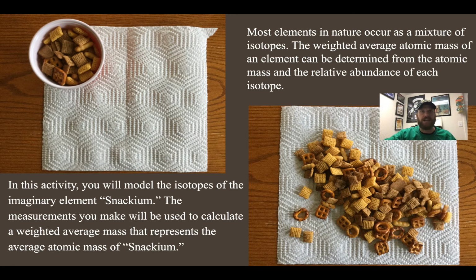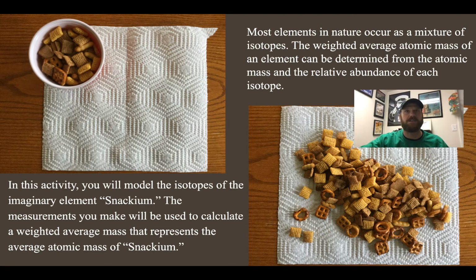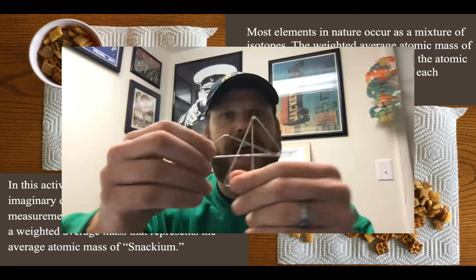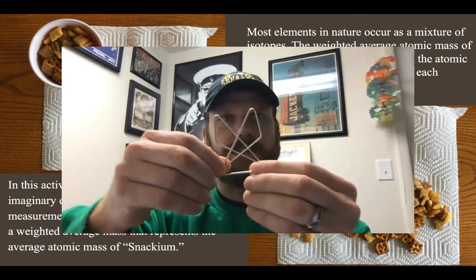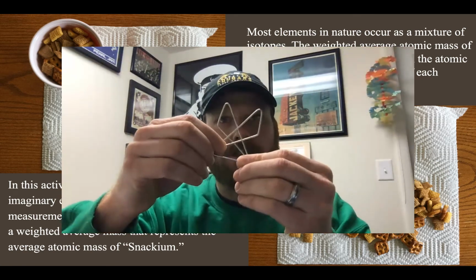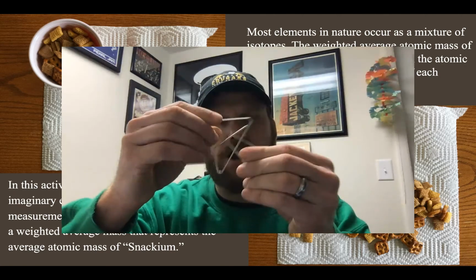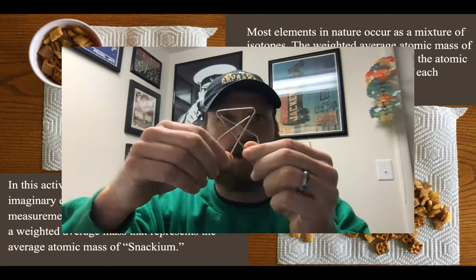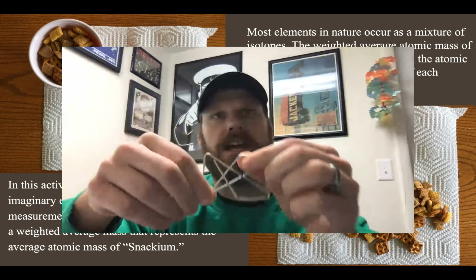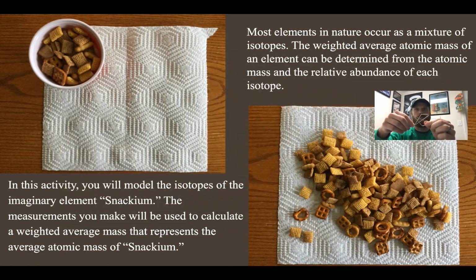Most elements in nature occur as a mixture of isotopes. Take the iron atoms in this paperclip, for instance. Most of the iron atoms making up the paperclip are iron 56, but there are a handful of iron 57 and iron 58 atoms as well. The weighted average atomic mass of an element can be determined from the atomic mass and the relative abundance of